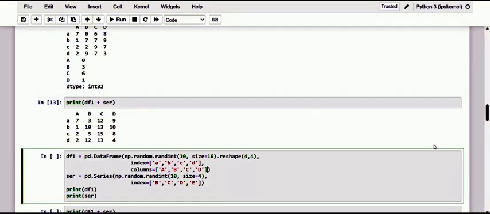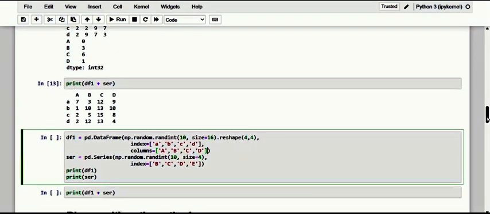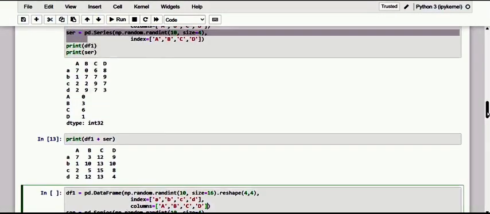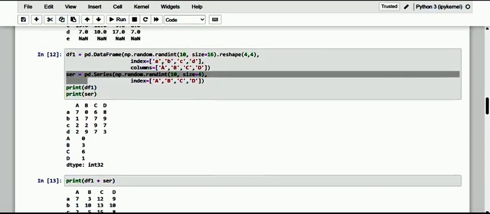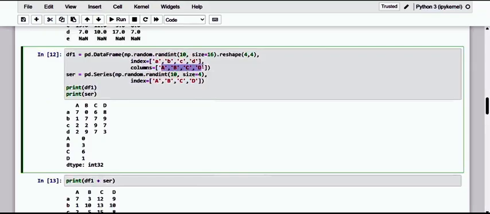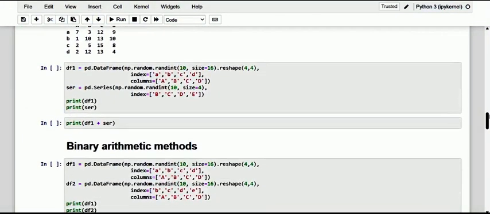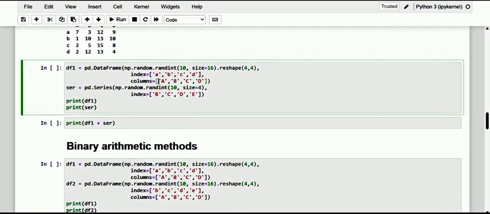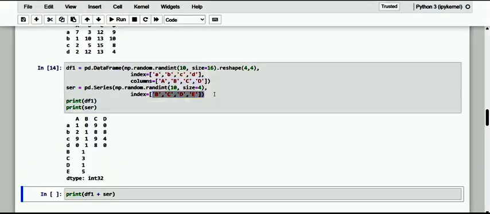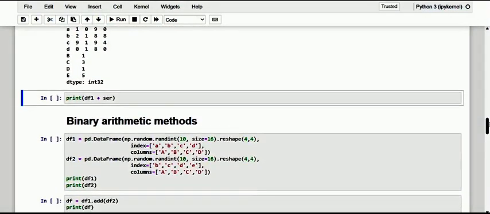So how can this happen? In this example, as in the previous one, we have the same columns, A, B, C, D, and the series also has A, B, C, D. But when the columns are A, B, C, D and the series index is B, C, D, E, what would the result be?